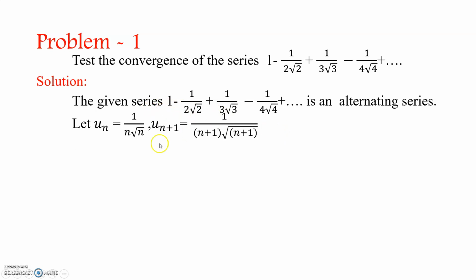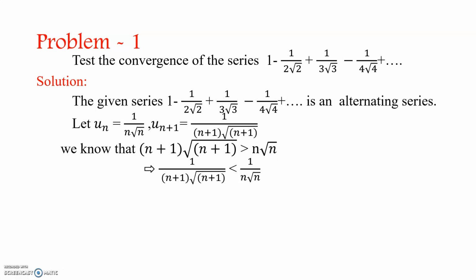Next, let us consider un. Un is equal to 1 by n into root n. If we give n is equal to 1, we will get 1 by 1 into root 1. If we give n is equal to 2, 1 by 2 root 2. n is 3, 1 by 3 root 3, likewise. Then un plus 1 is equal to 1 by n plus 1 into root n plus 1. We know that n plus 1 into root n plus 1 is greater than n into root n,